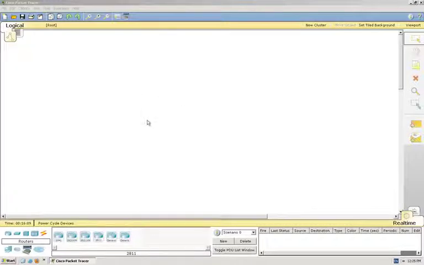This big white area is called the workspace. That's where we're going to have our network topology and devices. Let's say I want to add a router. On the bottom part of Packet Tracer's screen, in the left corner right here, we have a few icons that define the classes of devices we can have. So for example, if I want to add a router, the first thing I have to do is click on